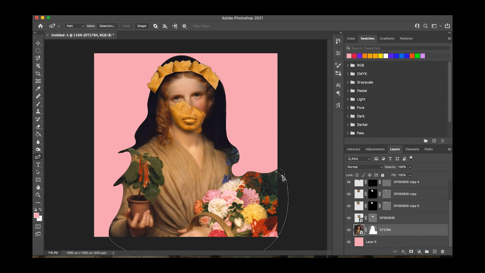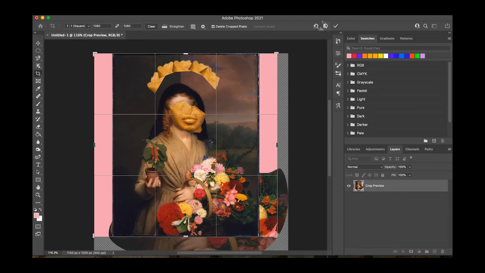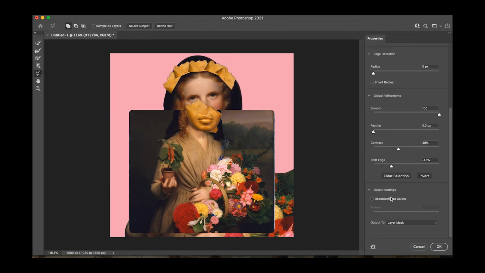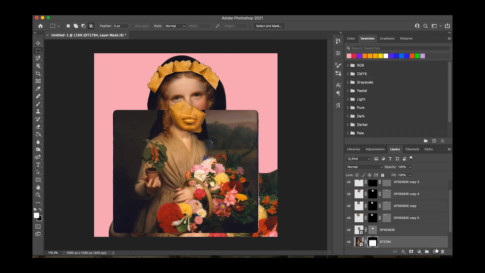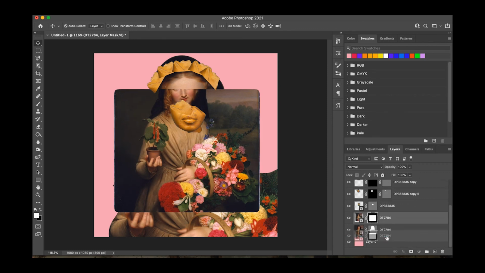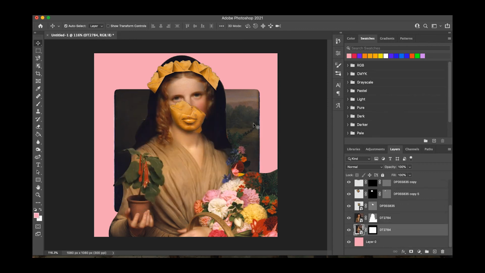And then I wanted to add in another element in the background. So I actually brought in the original image of the flower girl again. And what I'm going to do is cut out just a rectangular shape. So I use the rectangular marquee tool, which is on the upper left-hand side on the toolbar. And then I adjusted the edges a little bit with the shift edge, and then I hit OK. And I'm going to drag that down behind the flower girl layer, and I'm just going to move it around a little bit